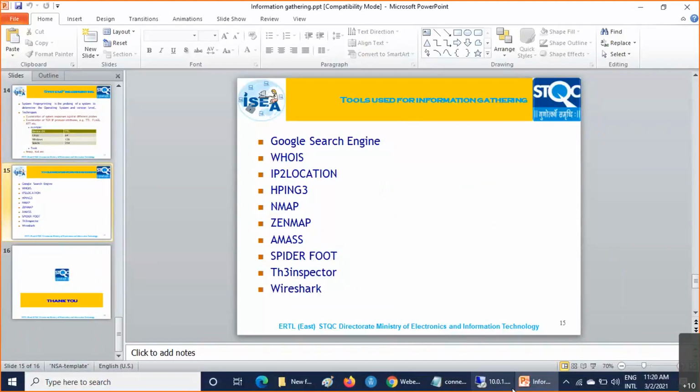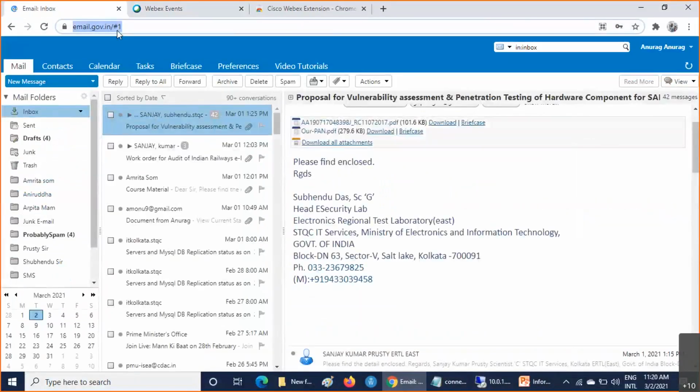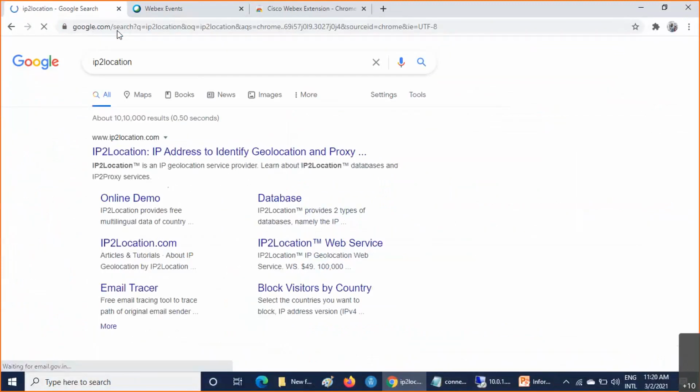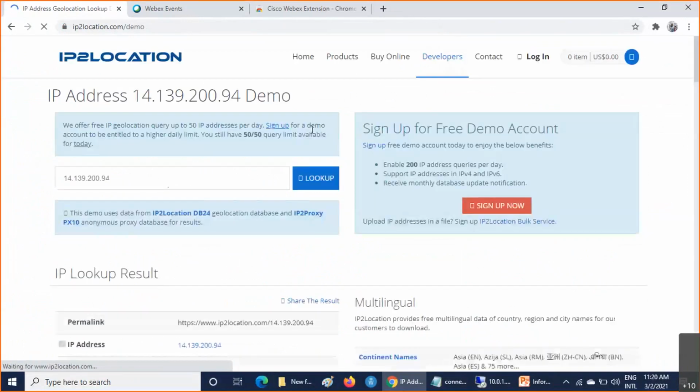This is IP2Location, a web-based tool. Here I'm giving, first, example.com.